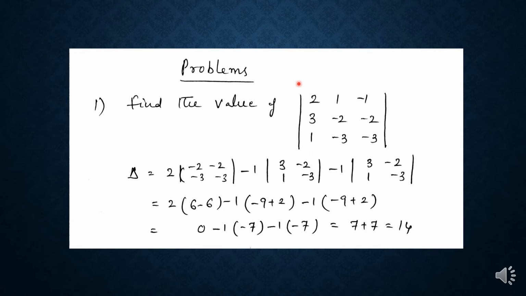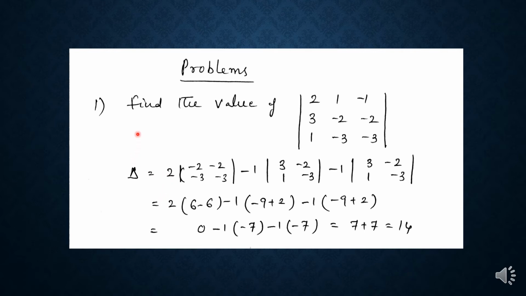remember the Laplace expansion. So what is the Laplace expansion? The determinant is the sum of the products of the elements with their corresponding cofactors, by taking any row or column. So here, take the first row. Delta is equal to: the first row elements are 2, 1, minus 1. 2 into its cofactor; for its cofactor we get plus into its minor. For 1, its cofactor is minus 1 into its minor. Here, minus 1 into its minor.